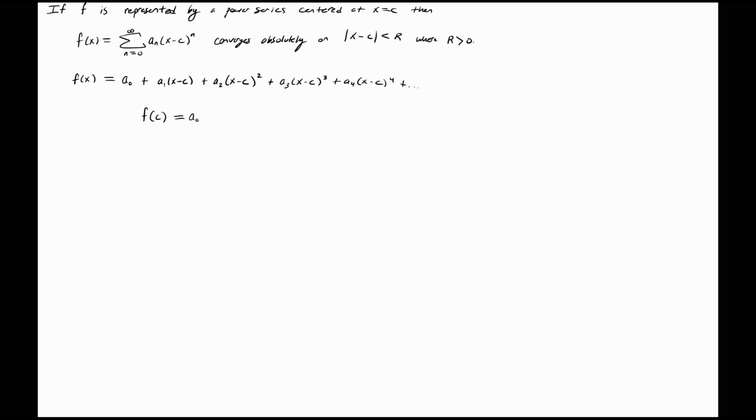Well, we've just found out what one of the coefficients has to be. a0 has to be the value of f at c. Okay? How could we figure out a1? Well, if we want to figure out a1, what we could do here is